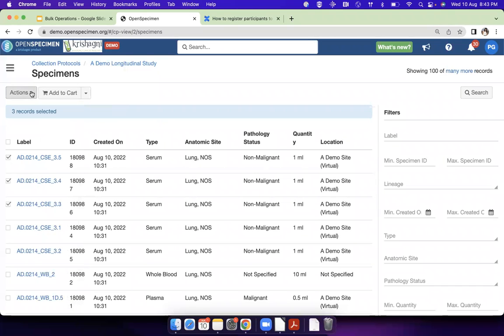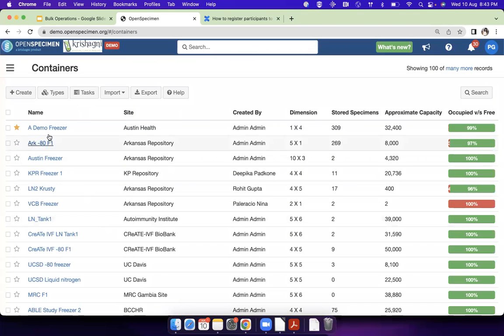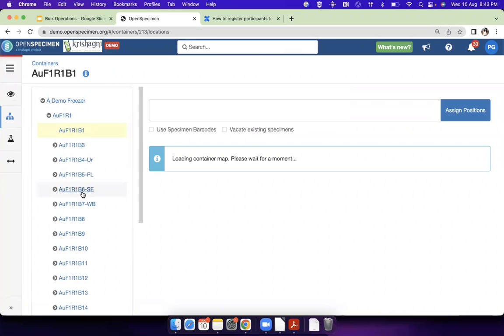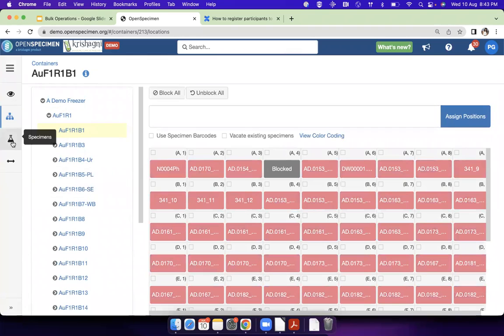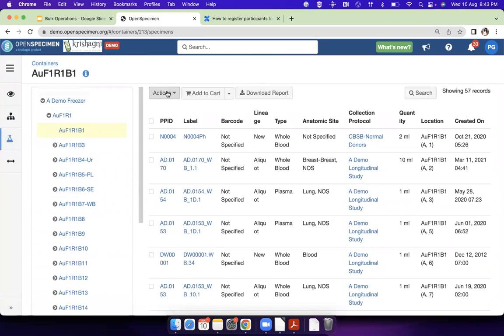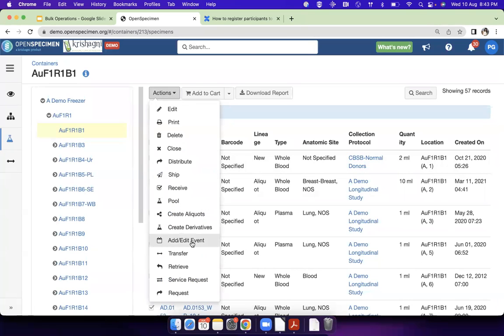Now I'll give you a few more places where you can do this. One is within the containers, when you are inside a box, for example, you see there are the specimens. And if I go to the specimens tab within the containers, again, I see this actions button. Now imagine you have a box in hand, and you want to do the same operation for all the specimens in that box. So maybe you did a centrifugation on all these specimens. So you select them, add event,